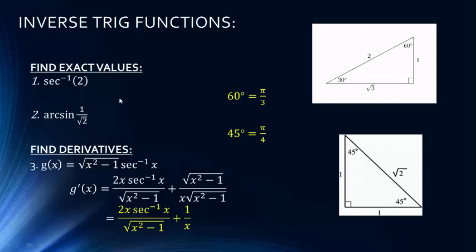Now why is there a 2 there? Because remember that this is x squared minus 1 to the 1/2. So the derivative is 1/2 x squared minus 1 to the negative 1/2. So there should have been a 2 on the bottom, which should cancel out with the 2 on top. So the final answer should not have this 2 here. Here these factors cancel out, and so we should have the inverse secant of x times the square root of x squared minus 1 over x, plus 1 over x. This 2 does not belong there because there should be a 2 down here as well. All right. So try